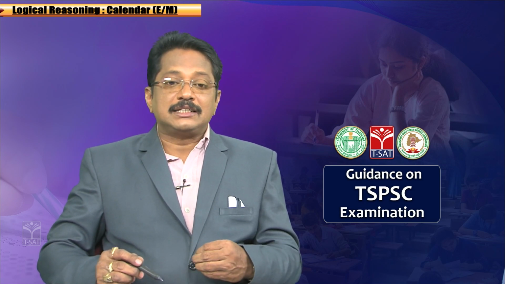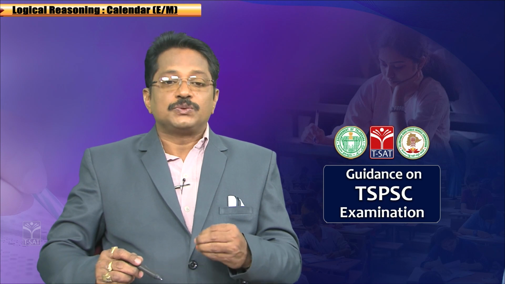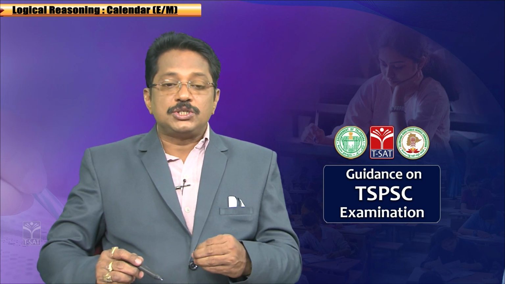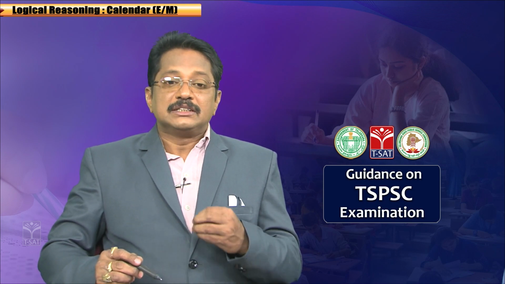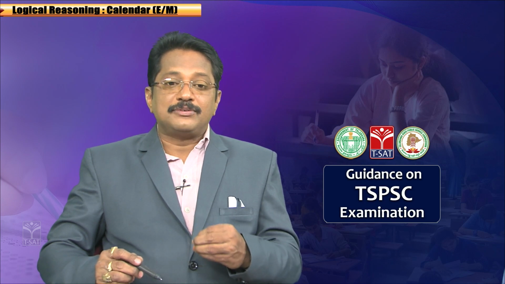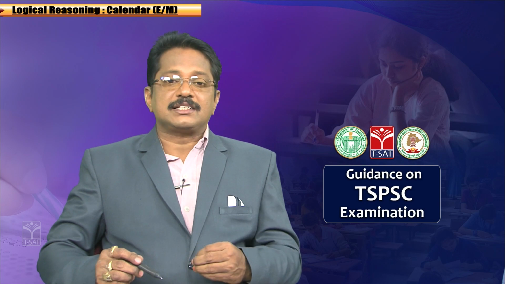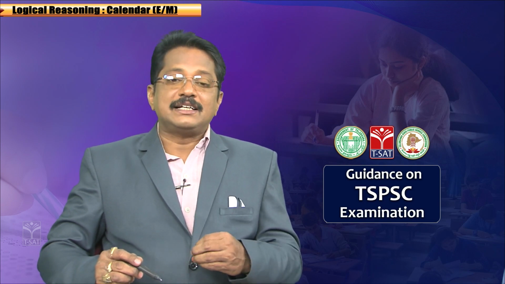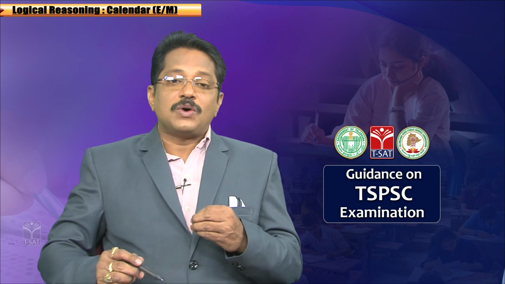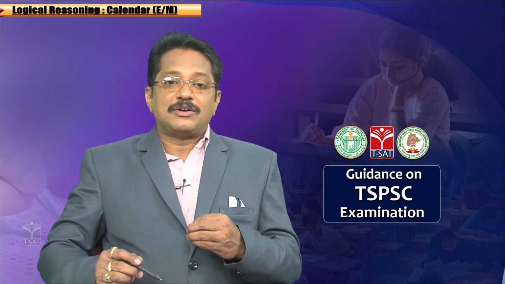How are we going to calculate the number of leap years? For 2022, 22 is divided by 4. The quotient is 5. So, the number of leap years is considered as 5. So, add all these, then you will get a sum, divide the sum by 7, and whatever remainder comes, you have to consider.